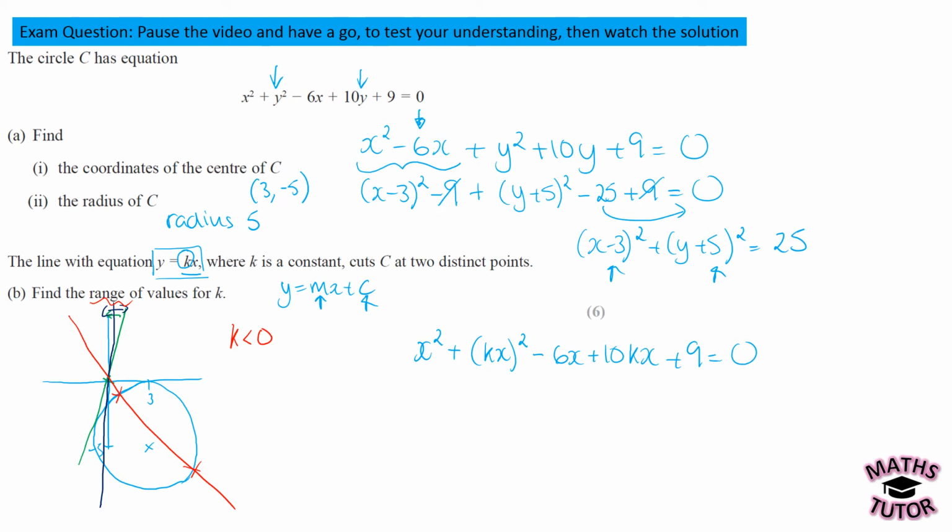So if we collect the x squared terms together, you've got x squared plus k squared x squared minus 6x plus 10kx plus 9. Now we want to set up our quadratic with something x squared, something x, and then we've still got our 9 on the end. So what is going to multiply with the x squared? It's going to be 1 plus k squared, so taking this x squared out as a common factor. What's going to be with the x's? If I have plus and then put 10k minus 6, that will be the coefficient of x,